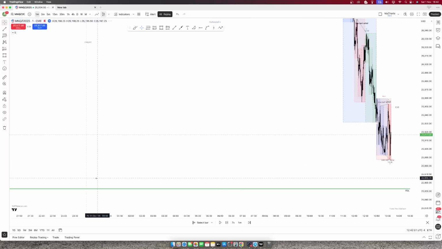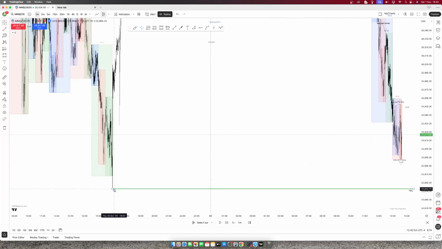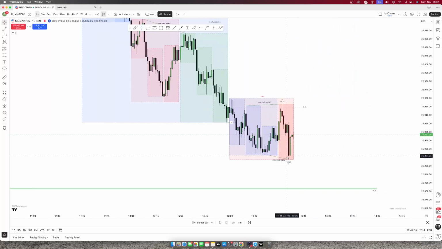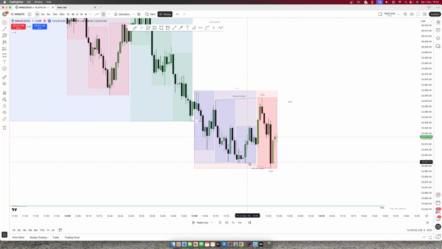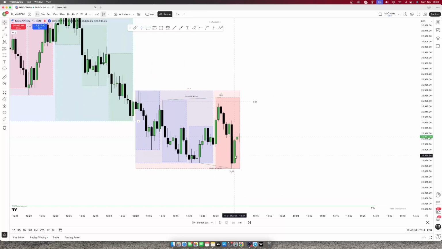So not only do we have daily SMT, which is from the other side on the high time frame, but we also have 30-minute SMT. So this is sort of extra confluence where we have double SMT. So now with this being the low, this is our low that we're anticipating that shouldn't be taken out. Okay, now in order for this to be confirmed as a reversal, what we need